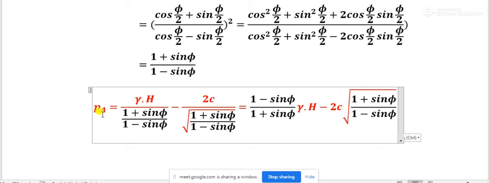This is the basic equation or modified equation for active lateral earth pressure,